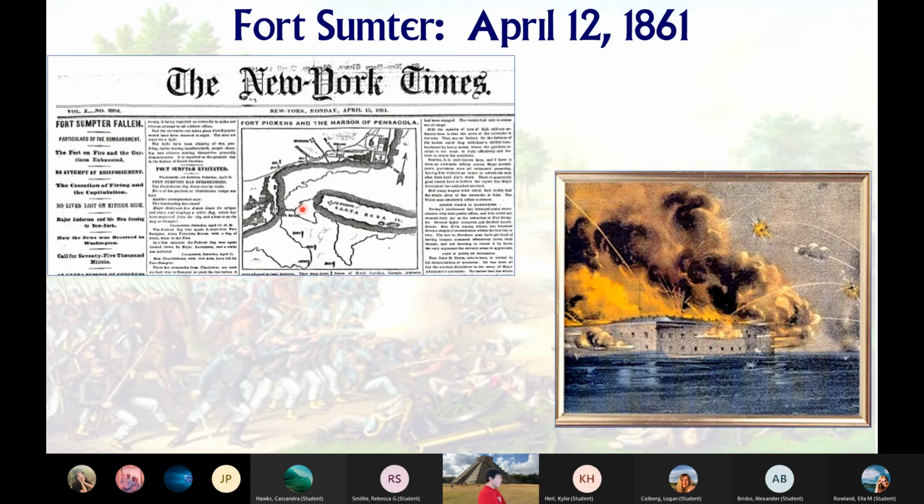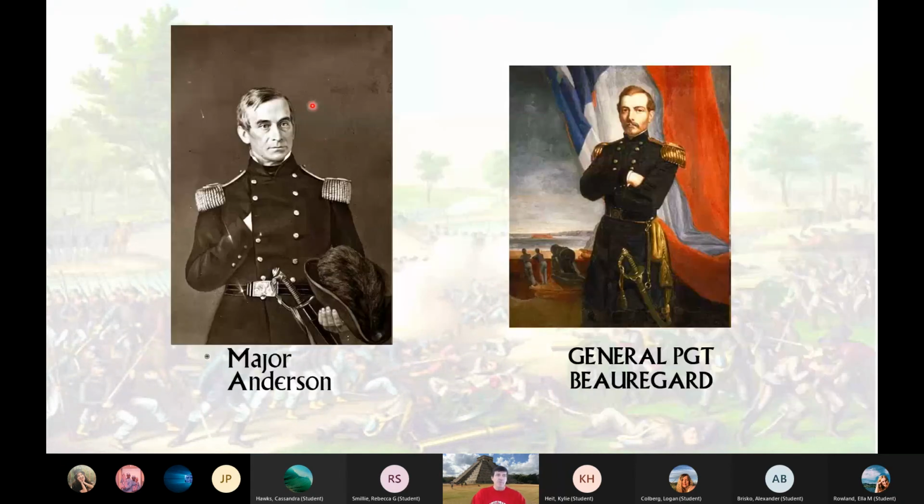One horse and one man were killed when a Confederate gun blew up. The shelling began. And by the way, Fort Pickens, that's the fort off of Pensacola, would remain in Union hands. Major Robert Anderson was the commander in Fort Sumter, and he had a situation that was completely untenable. He couldn't survive, but he's there in Fort Sumter. He had just a few hundred men and very limited powder.